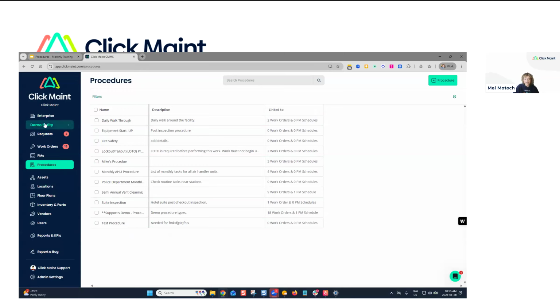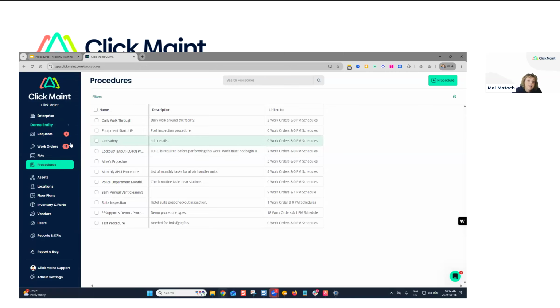What I mean by that is if you, in your main menu there, click on the name of your entity, building, facility, we use the term entity, this procedure will be accessible in each one of these. Again, consistency is key, right? You want to have that same structured information,